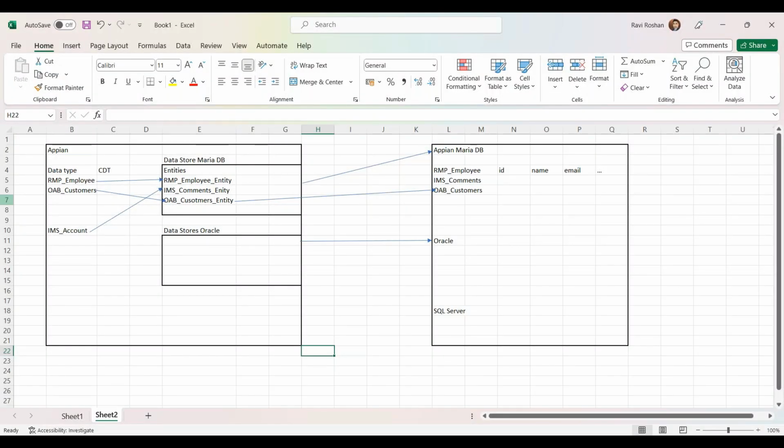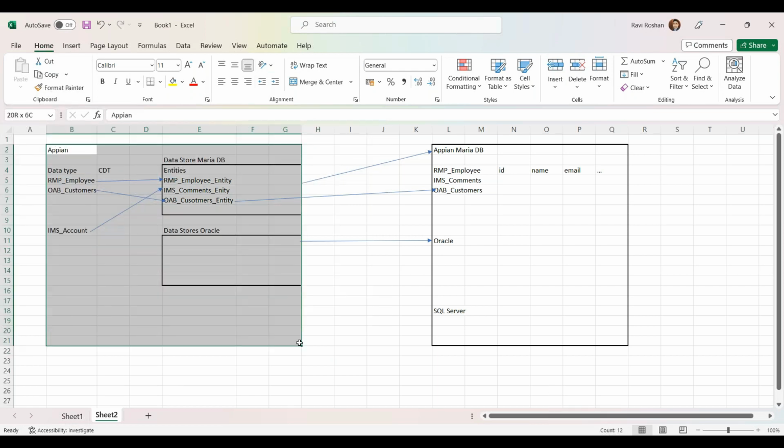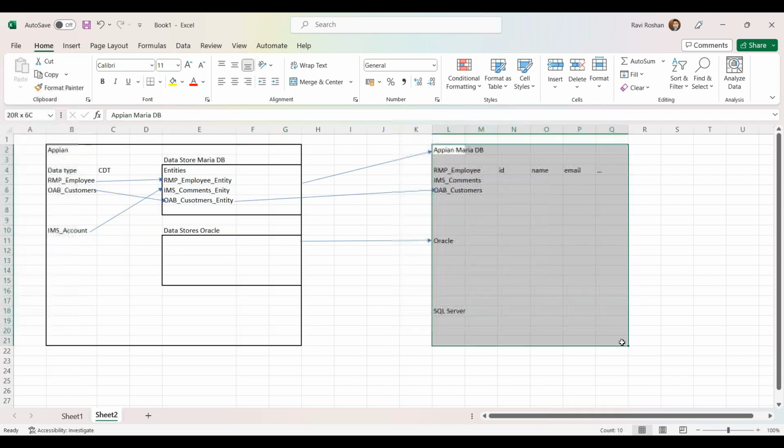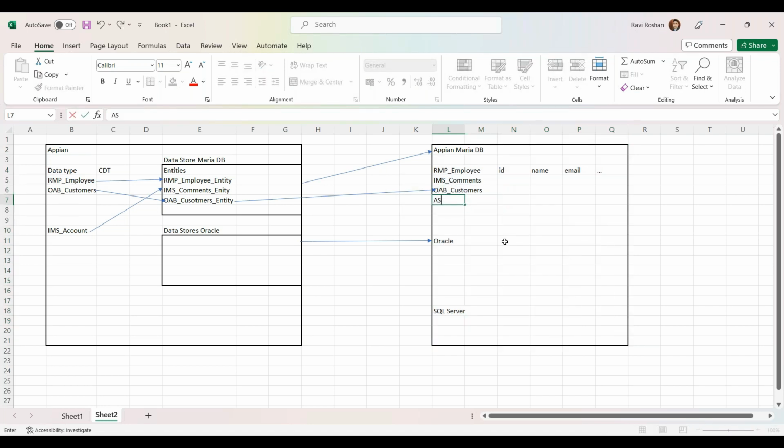Okay, so imagine this is our Appian, the Appian designer, the developer, where we are developing anything, all the applications. Then this is the database we have. Now we have a table called ASS company registration. Into the Appian MariaDB, we have this table. Okay, this is the table we have,